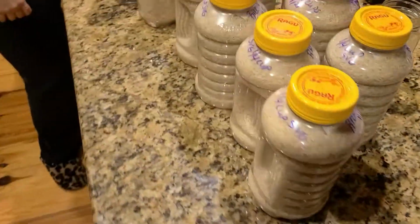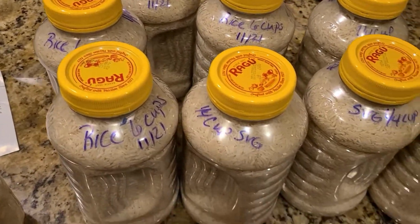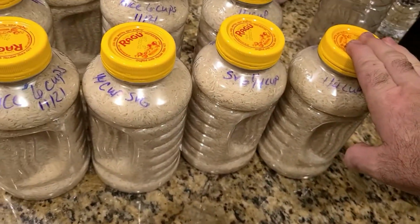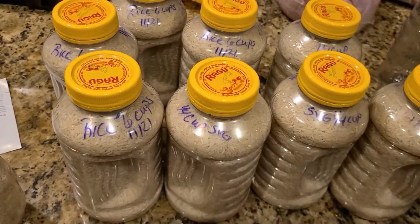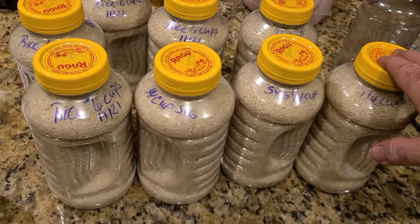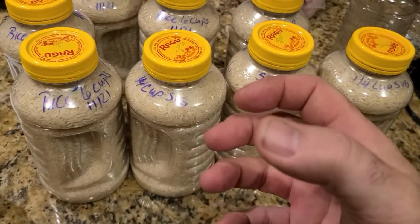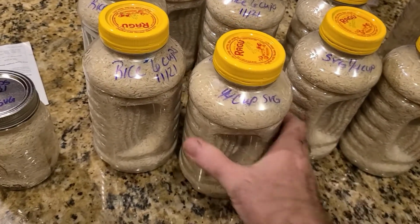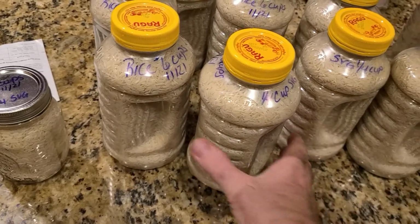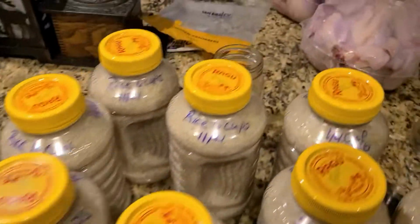But this is the rice, and like I said, this was just an easy way to do this, and it's going to seal it up. Rice isn't going to go bad as long as it doesn't get wet and bugs don't get in it. These jars do seal right back up. With the oxygen absorber in there, we'll check it in a couple days, and these should start to pull in on the sides just a little bit, because it will literally vacuum seal it from the inside. So with that good rubber ring on these lids still,